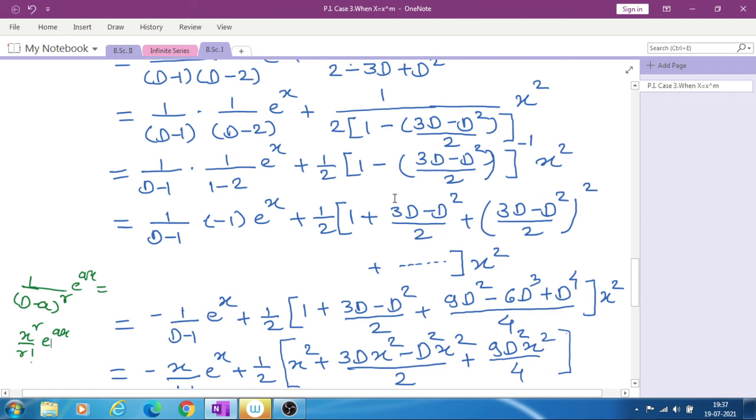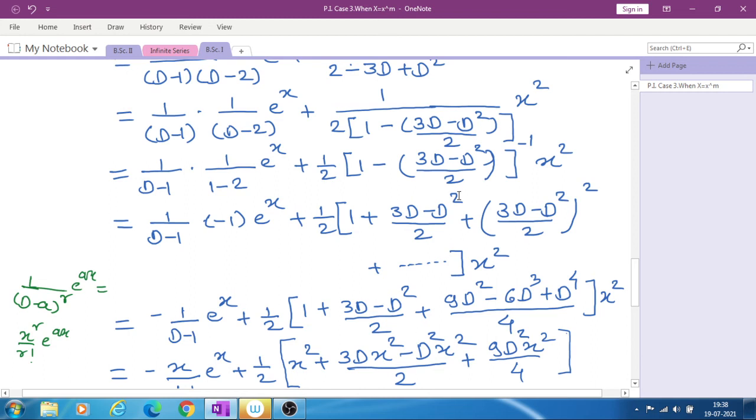Now we have to expand this bracket using the formula for (1 minus d) raised to minus 1. Above we have written the formula for (1 minus d) raised to minus 1. It is nothing but all powers of d with a plus sign everywhere, starting from 1. The first value is 1, so this is 1. Then in the formula there is 1 plus d. D means whatever is written here. So this bracket is our d or x.